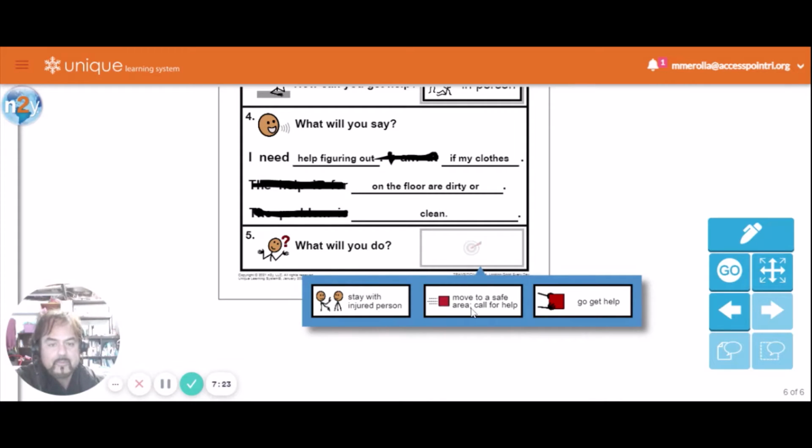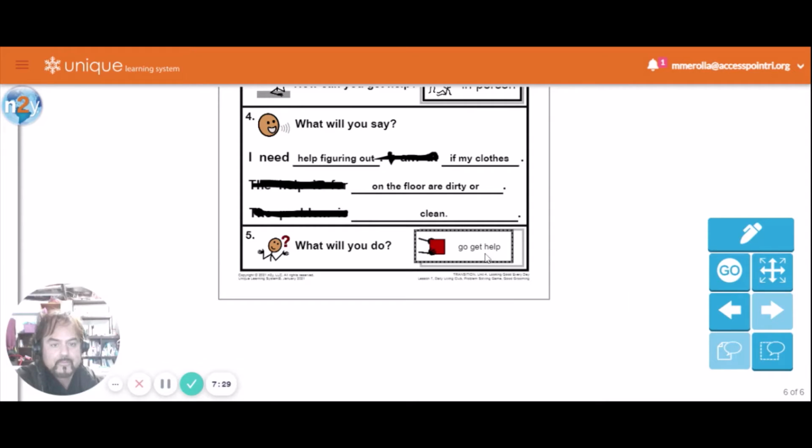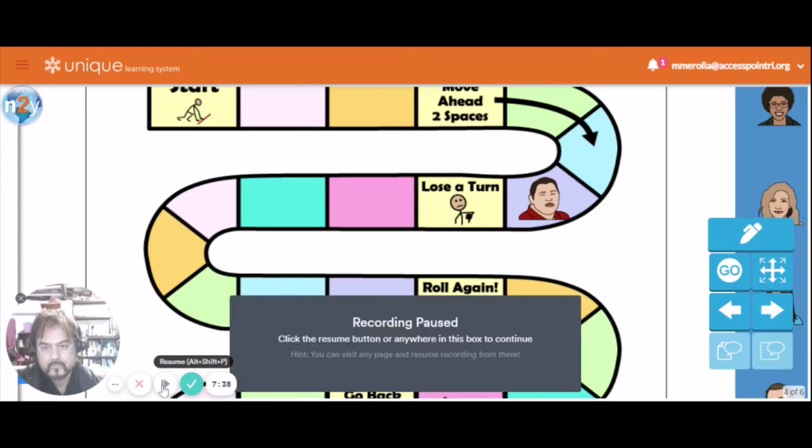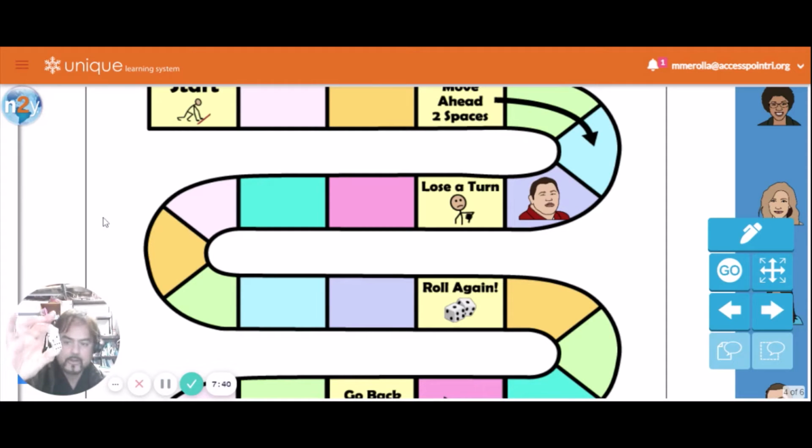There aren't any injured people. You're not going to need to move to a safe place. You're going to go get help from your parents. All right. So, thank you, Ms. Computer. Okay. Back to the game board. Okay, so now we get to roll our dice again. All right.